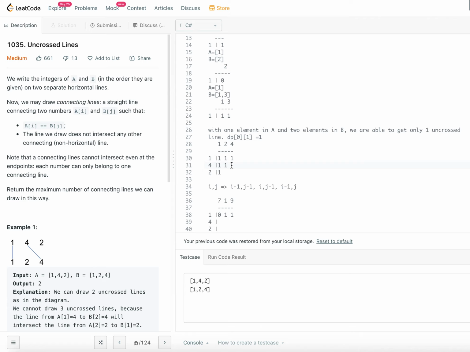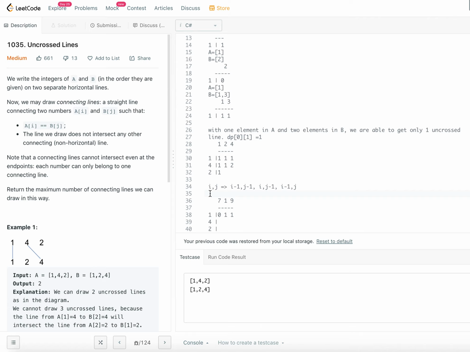When there is a match, we need to look for the minimum element, the minimum number, and then add a 1. So what is the minimum number of the same thing? 1, 1, 1 is 1. Plus 1 is 2. So when there is no match, we are looking for the maximum element. When there is a match, we are looking for the minimum, right? So that's how we are going to follow.